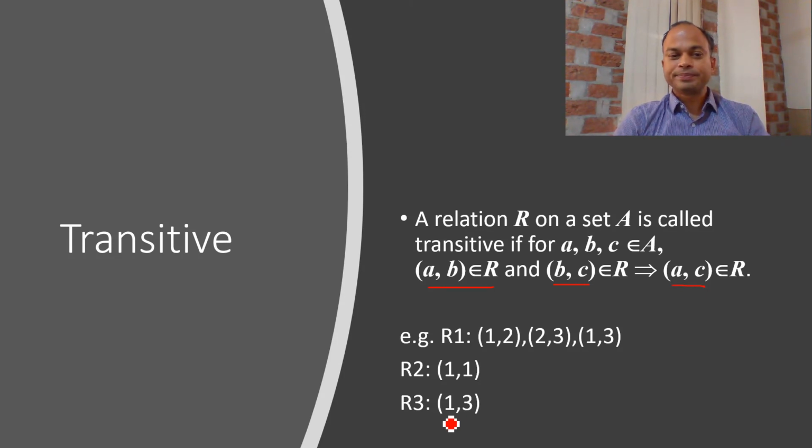If we talk about the relation R3, I mean (1, 3), (1, 3) is also a transitive relation. Why is this a transitive relation? Because if A is related to B and B is related to C, then A should be related to C. Here A is related to B, but there is no pair of B and C. So therefore we cannot check about A and C. If we are unable to check, I mean no counterexample is available, then we can say that this particular relation also supports the transitive property.